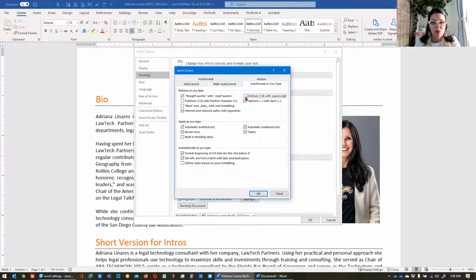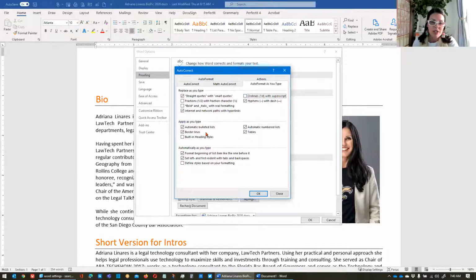By the way, side tip, whenever Word does any of these things automatically to you, if you catch it at the moment it happens and you press Control Z or undo, it will undo that auto correction it made for you. So some of these you might want to turn off permanently, and some of them you might want to decide, well, just Control Z as soon as it does it. But these are your choices.